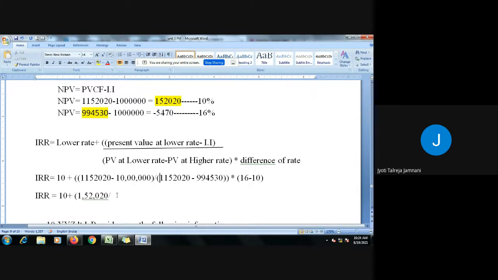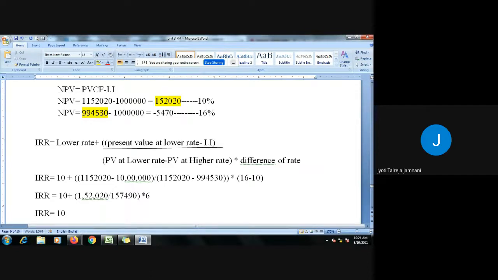1 lakh 57,490 you get. So 1 lakh 57,490. So we first opened the inside brackets. Now we have to divide these two and then multiply it with 16 minus 10, which is 6. Okay, so IRR is equals to